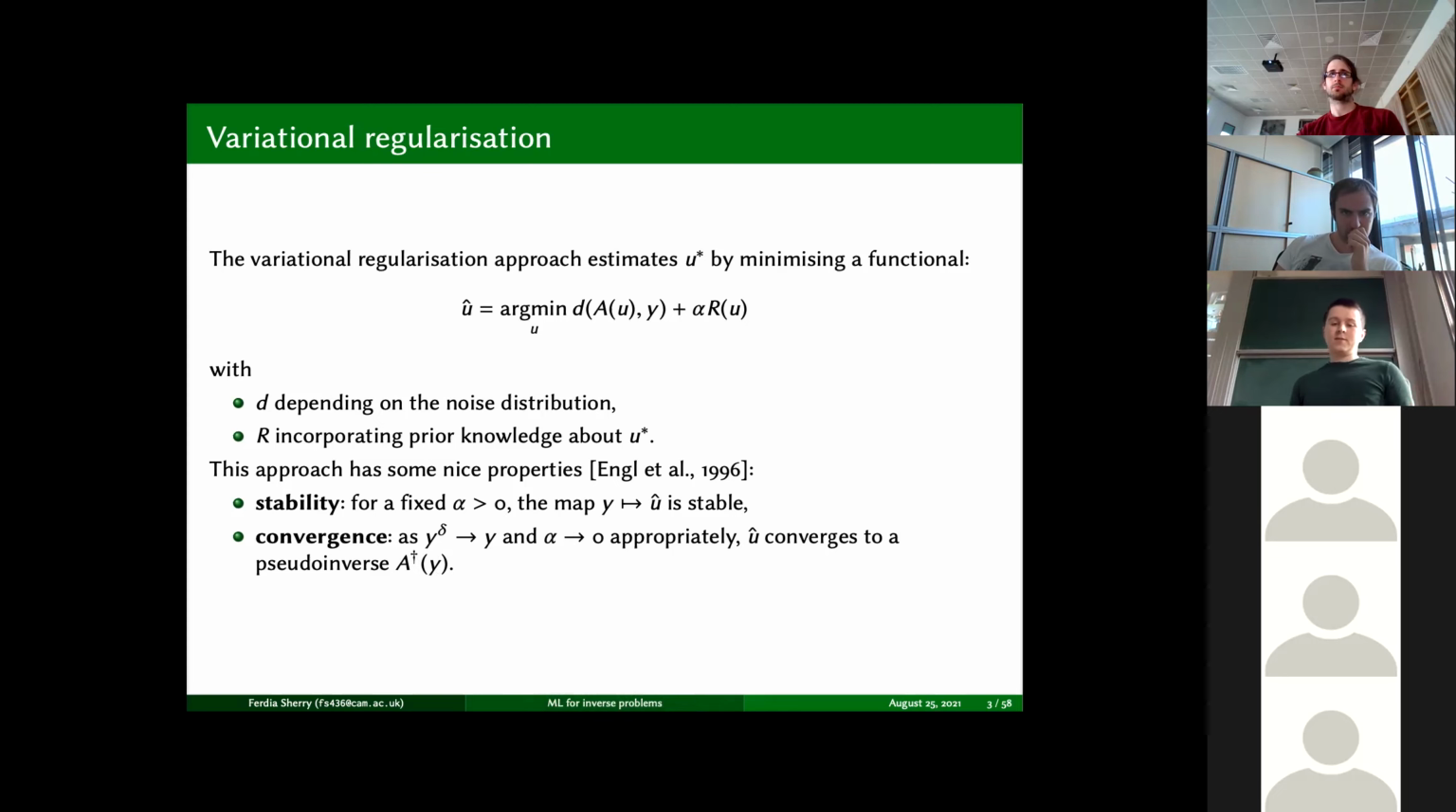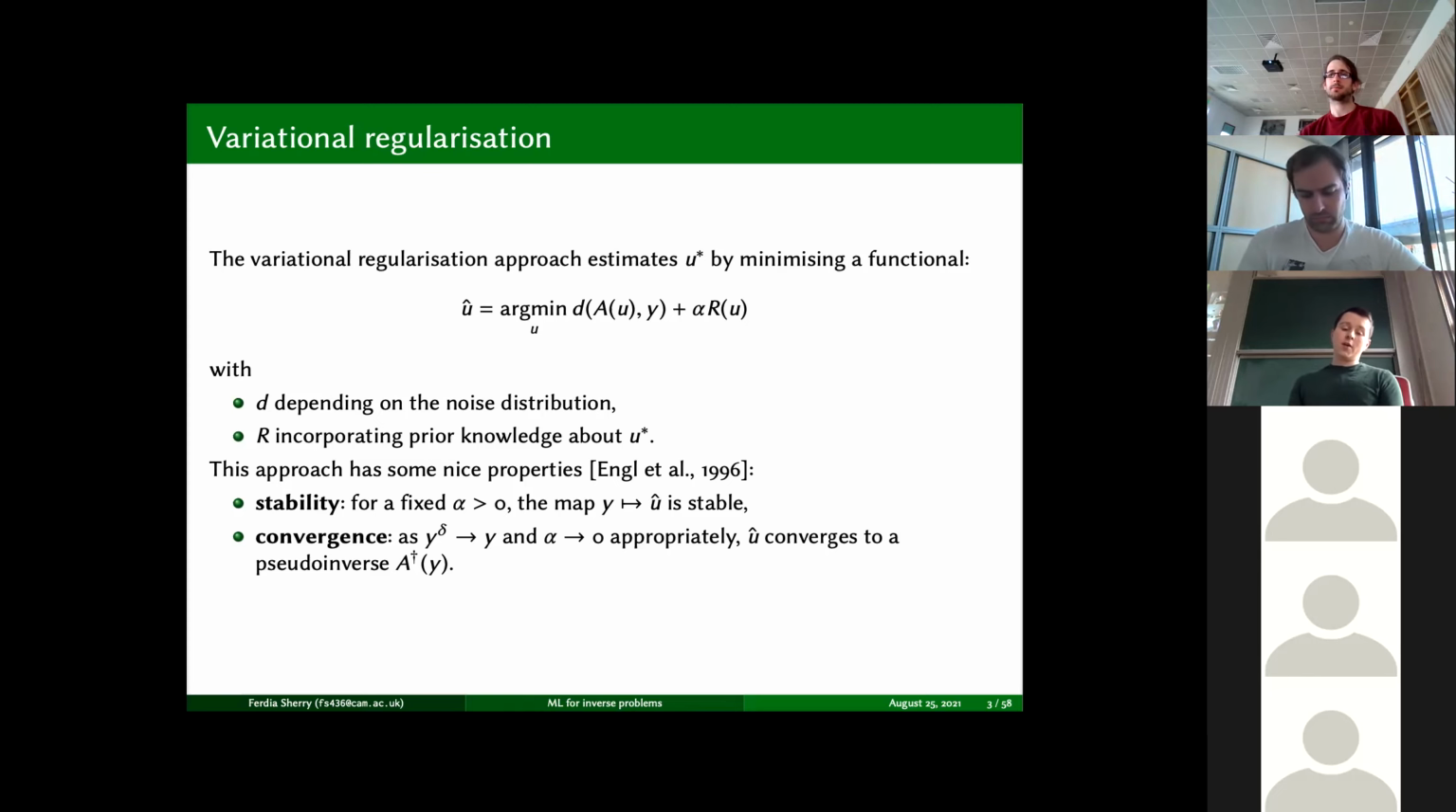So variational regularization is a very neat approach, and people have come up with nice ways of designing this R. The basic example would be Tikhonov regularization, where you just take a squared 2 norm, but fancier examples have become standard as well, like the total variation of Rudin, Osher, and Fatemi, and generalizations of this. But